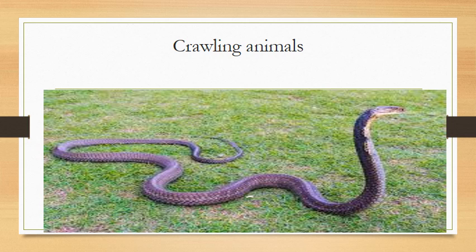Now we will learn about crawling animals. One of the crawling animals is the snake. We will learn how snakes have adaptation features. First, snakes have scales on the lower part of their body, which help them to crawl on the land. And second, these scales also keep them from drying. As they are continuously crawling on the land, the scales help them from drying up.